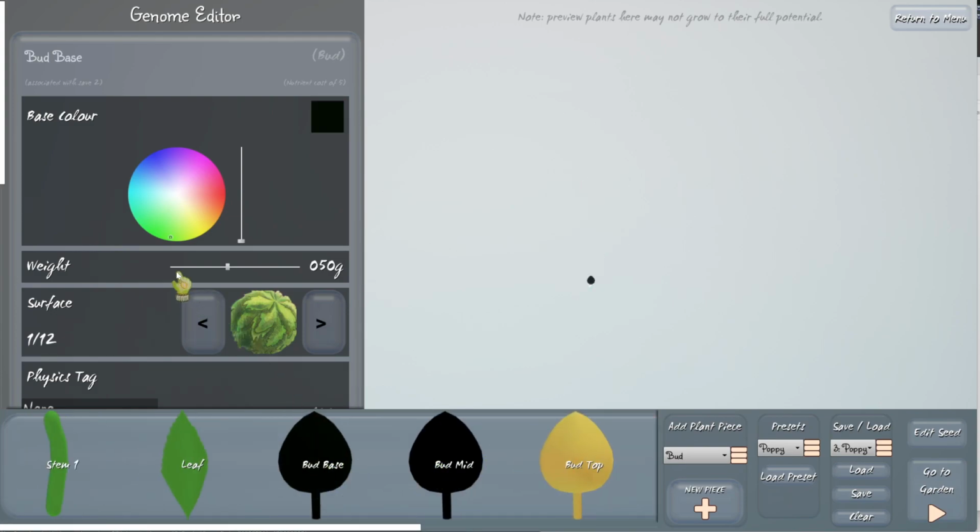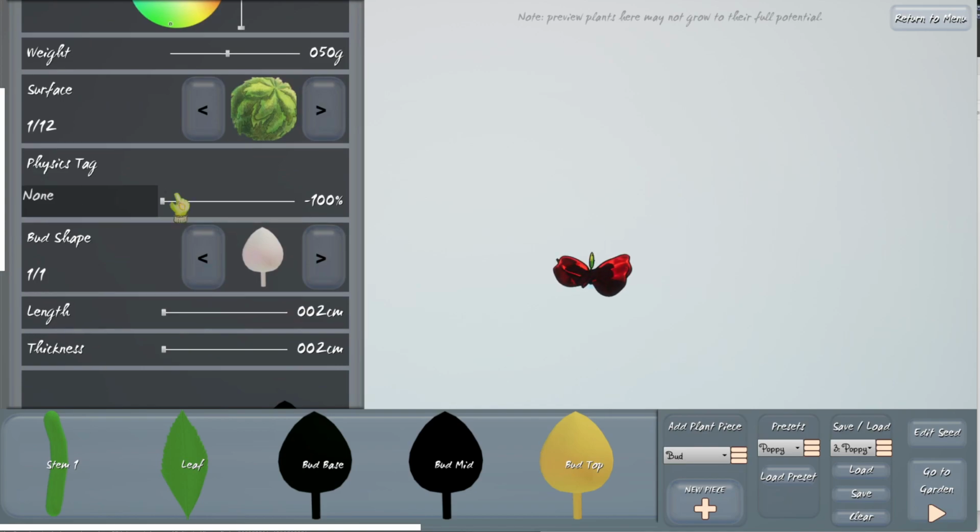So if on bud base I add a physics tag, right? I could make this physics tag named anything. I could make it named none, which will have no effect. I could make it named bee, and it will react to bees in the world. Or I could have it react to other plant pieces. So for example, if I name this